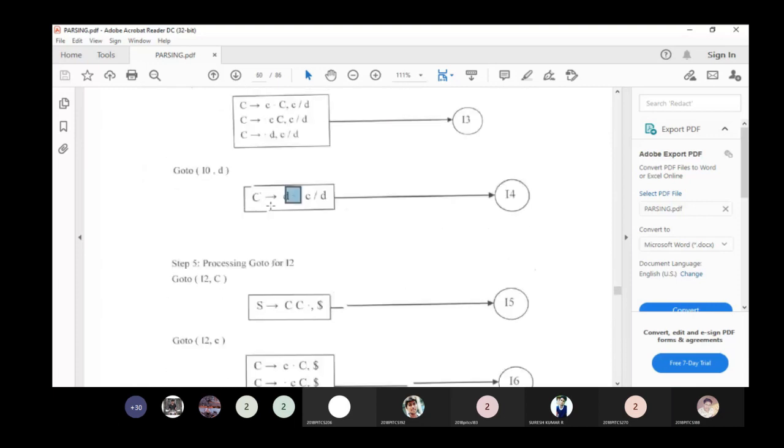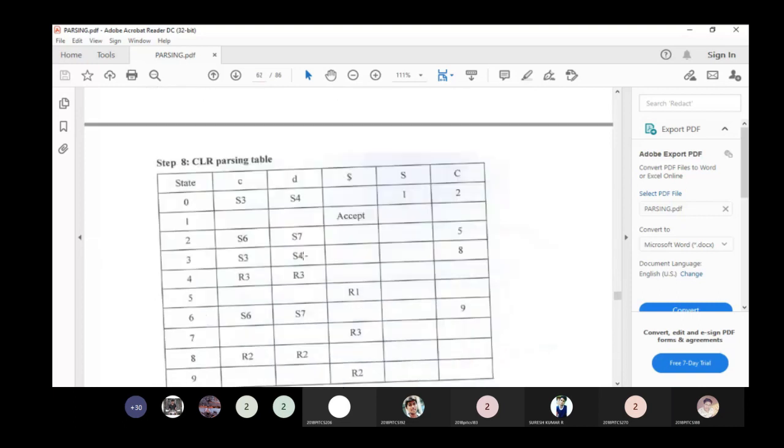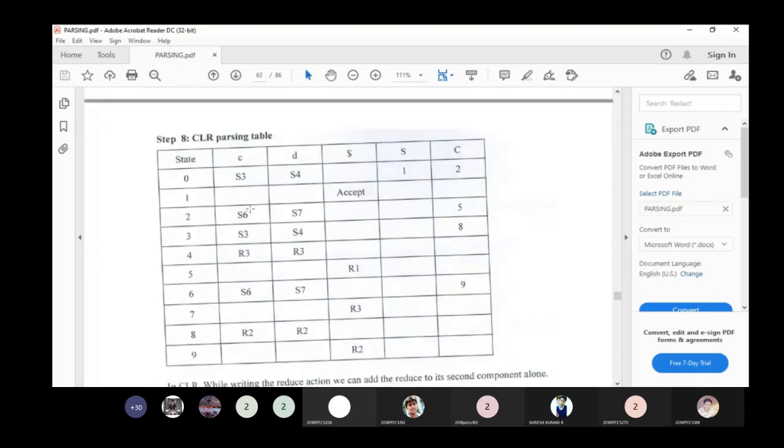So for state 4 with C and D, you fill R and put the production number as suffix. This is the third rule, so R3. Here you see 4 and C is R3, and for D also it's a reduce action with production number suffix 3.